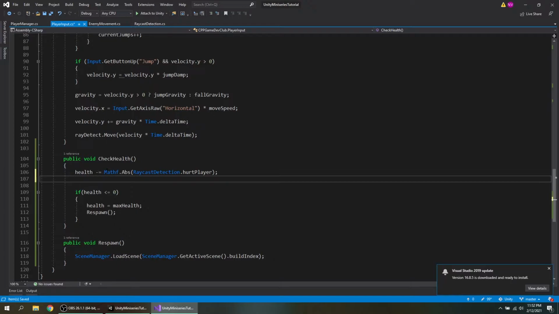Once you hurt the player and subtract that amount, right? So max health is 1, so in this case you would just kill the player, so this would run and you would respawn. But we do want to set the raycast detection hurt player back to 0 right after doing that, or else it'll keep respawning infinitely because it's not set back to 0. So it'll keep subtracting 1 each time, and you'll keep respawning every frame, which will literally crash Unity, you know? So we don't want to do that. Now that that's there,